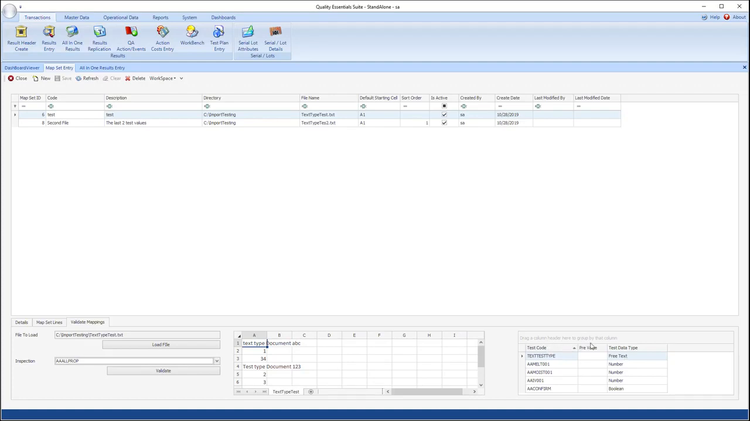So it loads the inspection, and notice the order of the data types. So this is a free text, and then we have a few numbers, and then a Boolean. So what I'm going to do is click on validate. So it's basically going to take this and validate the data. So starting at text type document, it puts the pre-value and then the numbers 1 and 34. So if I choose my second file